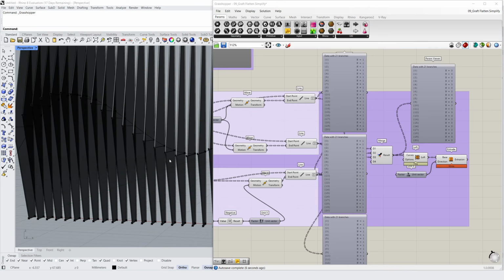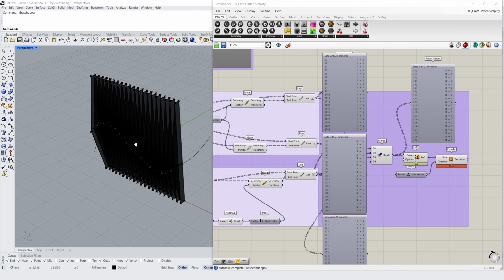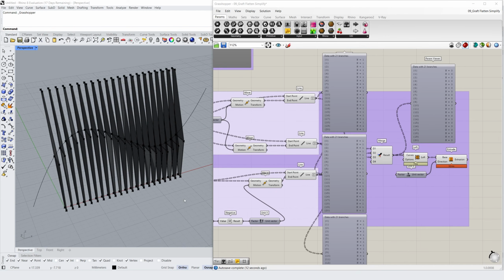When operating on data structures, it's always important to use Graft, Flatten and Simplify to help restructure your trees and organize your Grasshopper data. This video is part of a longer data structures in Grasshopper course